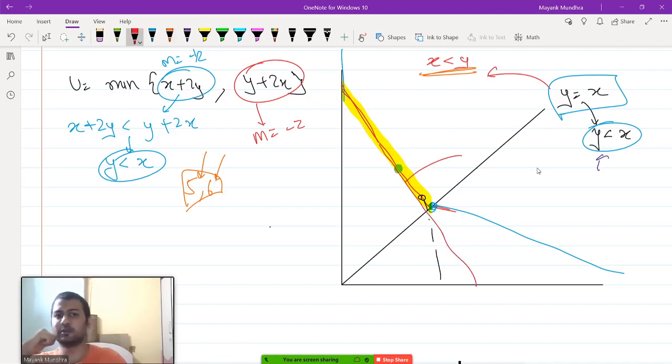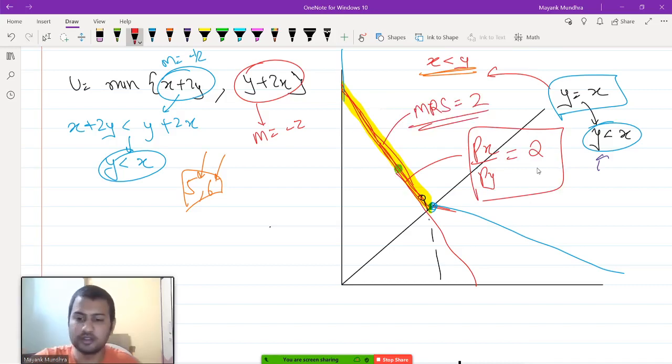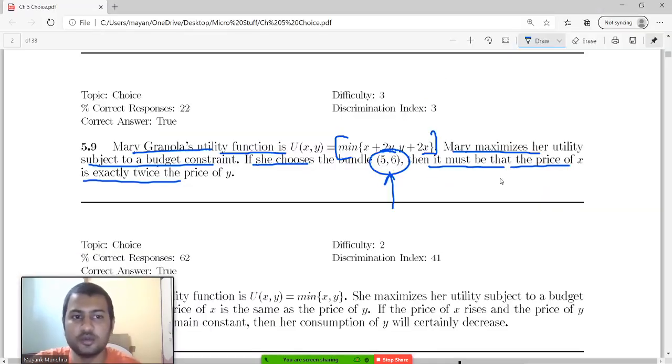So this is your budget line, and the slope of the budget line is equal to px upon py. So px upon py should be equal to 2 because it is coincidental with this red region, and the red region has a slope of 2 because MRS equals 2 here. Okay, so px upon py equals 2. So it must be that the price of x is exactly twice that of the price of y. So that's why the answer is